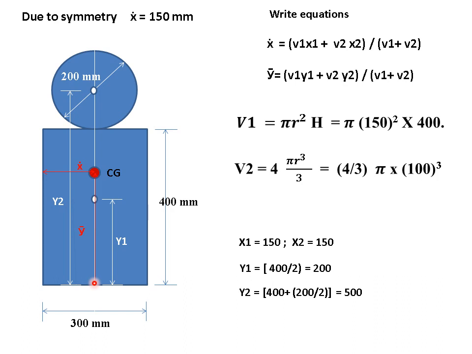Now y1, center of gravity of first figure. So here I have shown it is lying like this. Center of gravity of first figure will be at half of the height of the cylinder, h by 2. So 400 by 2, so that is 200. Now for sphere, you know, center of gravity lies at the center of sphere. So radius, this distance is 100 mm, but we want it from bottom. So 400 plus 100, that will be 500. Now you put all these values in this equation. It is quite simple. Put V1 here, put X1 here, V2, X2, you will get an answer. Likewise for Y bar also.